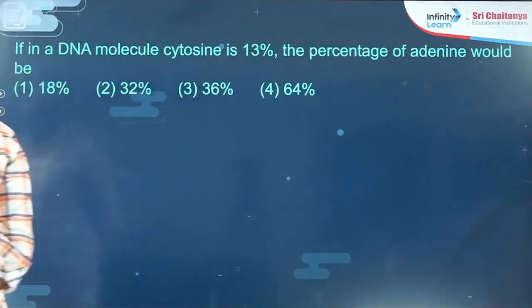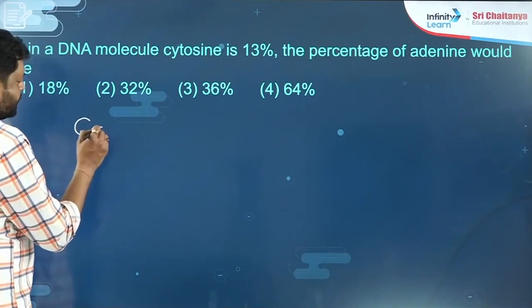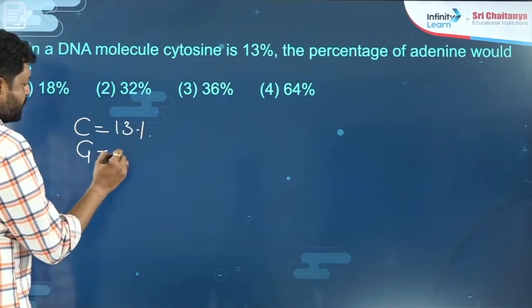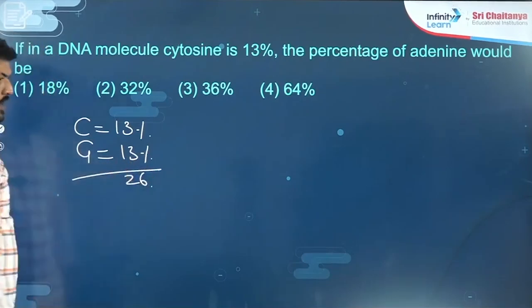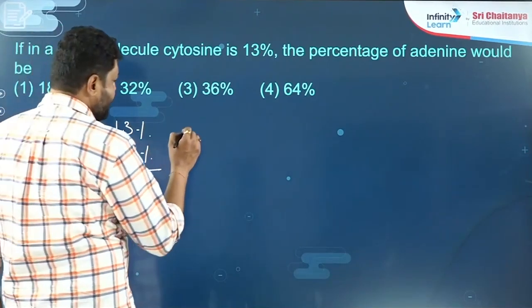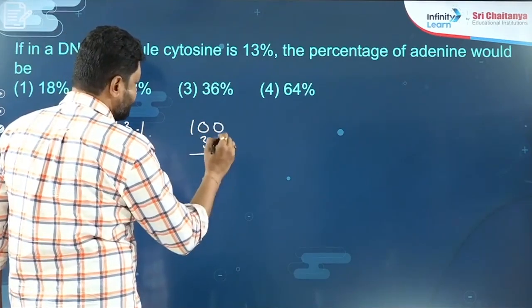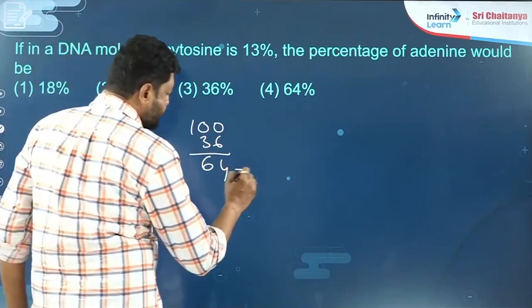If in a DNA molecule cytosine is 13%, what would adenine be? Cytosine is equal to 13%, so automatically guanine will also be 13%. 13 plus 13, 26. Was it clear? So the remaining percentage, out of 100, 64